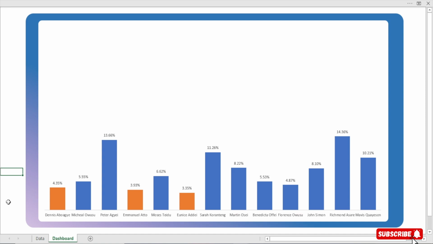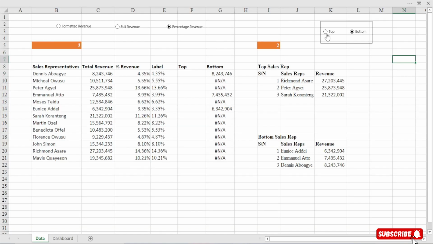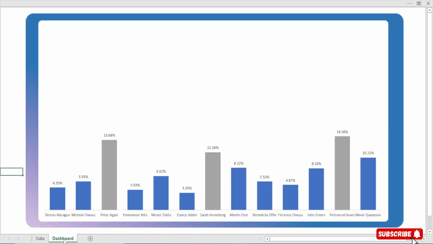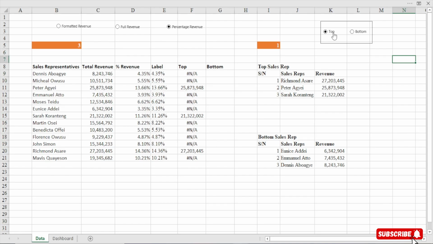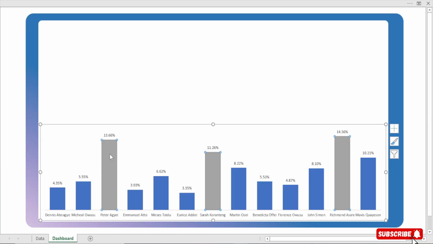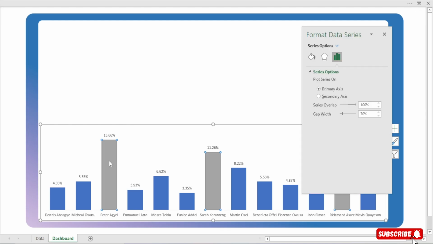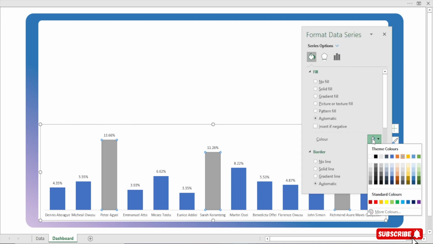So perfect. This is what we have here, right? So toggle. Do you see that? Perfect. Now let us play along with the colors. Now the top is selected, right? We will select this one, the top, Control 1, and then we will come to color. We are going to use a custom color.